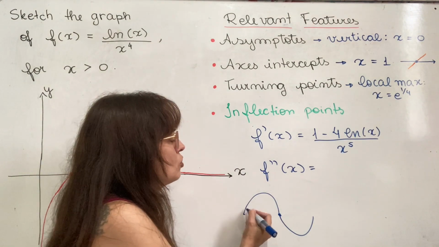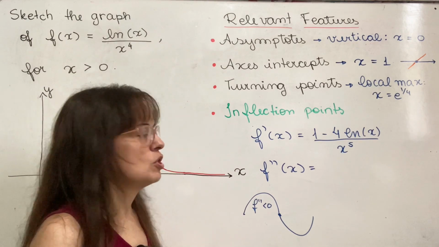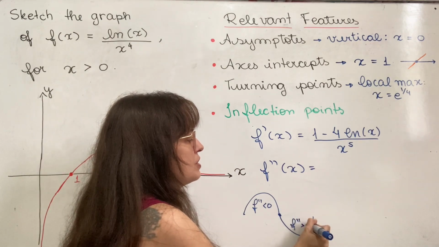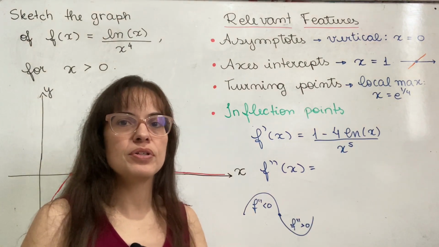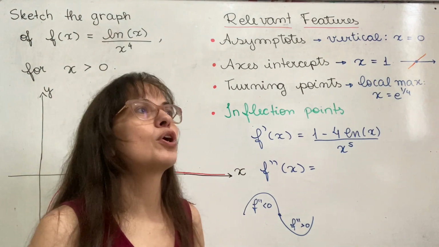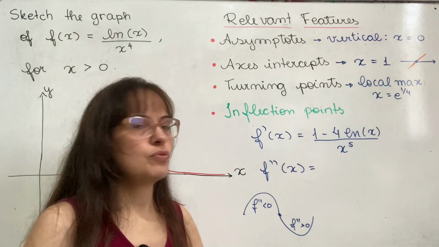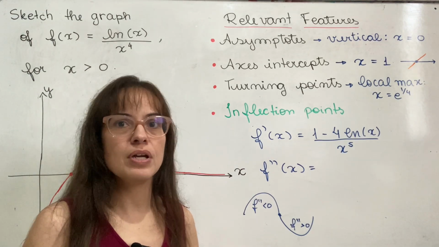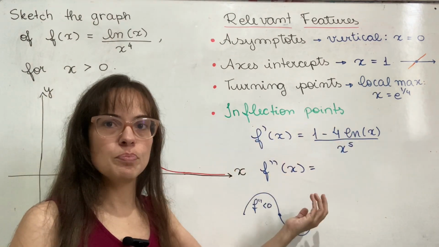We know that concavity down is when the second derivative is less than 0. Concavity up is when the second derivative is bigger than 0. So the inflection point is the point where the second derivative changes sign. You can search for f double prime equals 0, but of course you have to sometimes check if that's actually a change in concavity. So we are going to do the second derivative here because that's an important part of this process,